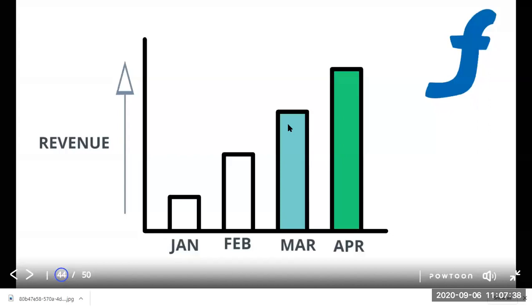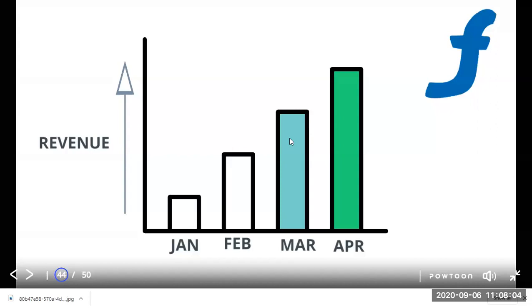If they look at the revenue in the month of April, suddenly there is a drastic change in the revenue in the month of April. At that point of time, they will see the data in the month of March and April. Yes or no? If there is a drastic change from March to April, don't you think they have to compare the data from March and April? Why? Because they have to understand what happened in the month of March, what happened in the month of April, what made Flipkart to gain more revenue in the month of April.